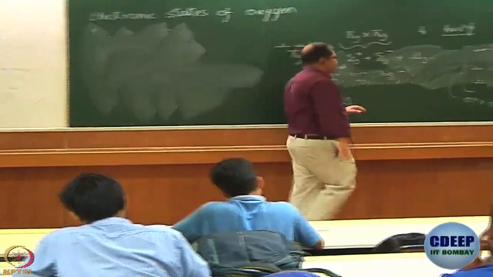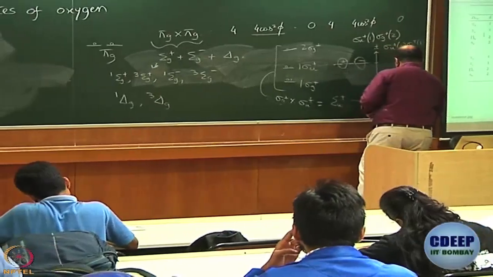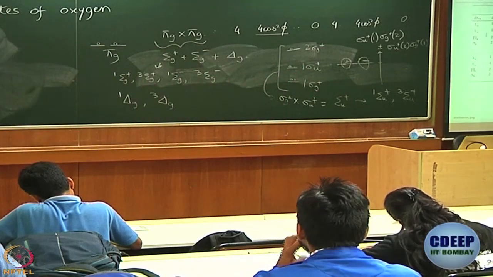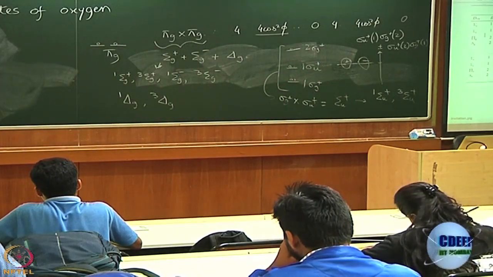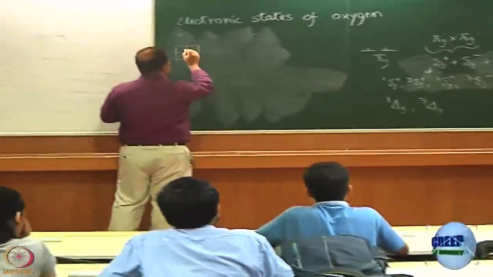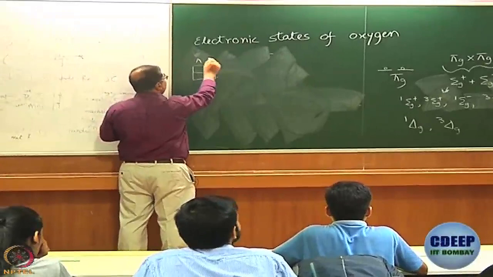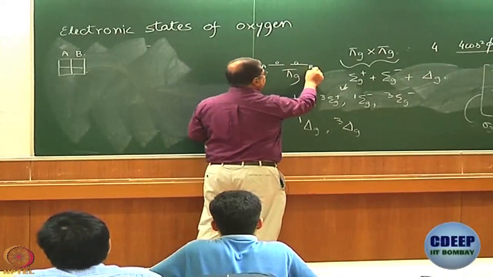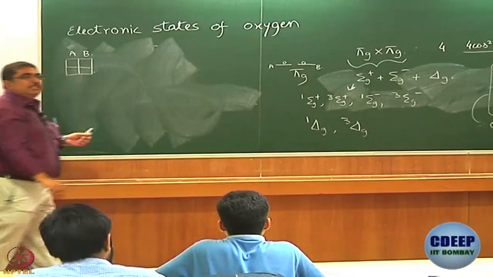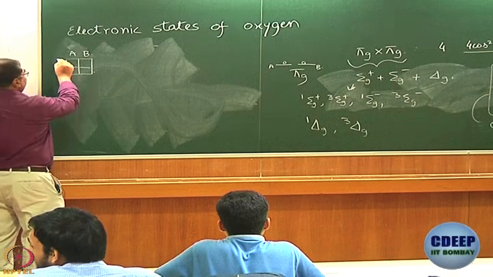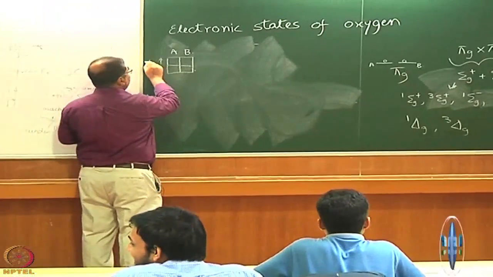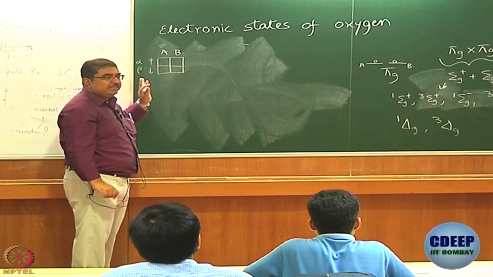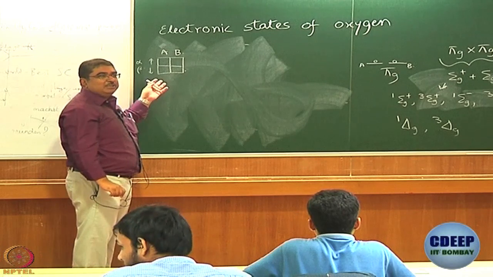Those who have studied term symbols and all will be familiar with this treatment. I will draw it like this. I am drawing 4 boxes. So, this is my orbital A, this is orbital B, this is A, this is B, alright. What are the 2 spins possible, up and down? I will draw 2 arrows for those, or I will write alpha beta, something like that. In how many ways can I fill in 2 electrons here? I have 2 electrons, right. How many ways should it be?